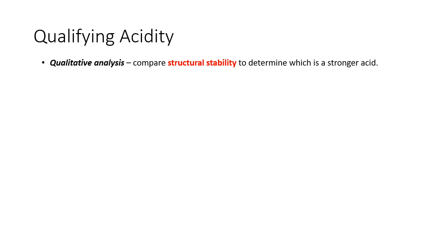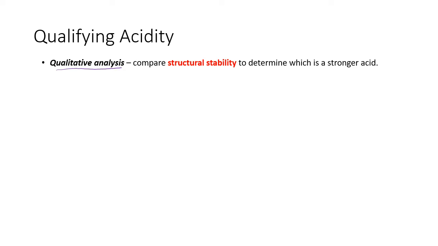In the previous lecture, we were looking at how to compare acid strength by comparing pKa values or Ka values, which was called quantitative analysis. Here we're going to learn how to compare acid strength qualitatively, or qualitative analysis, by comparing their structures without using pKa values. So this is really useful because usually you're not going to have a Ka chart in front of you, or if you don't want to memorize every single pKa value for every possible acid,